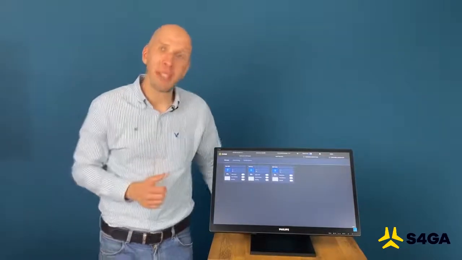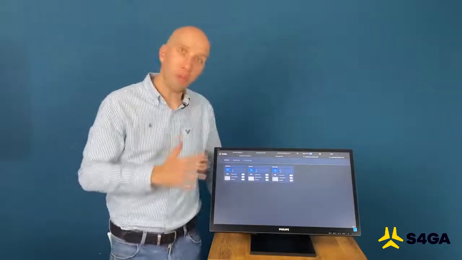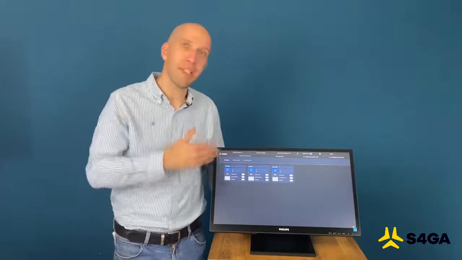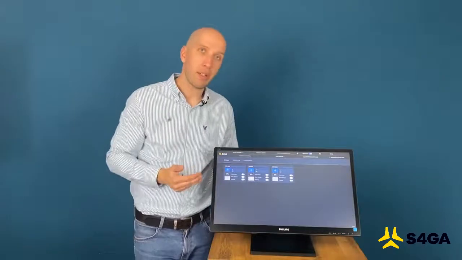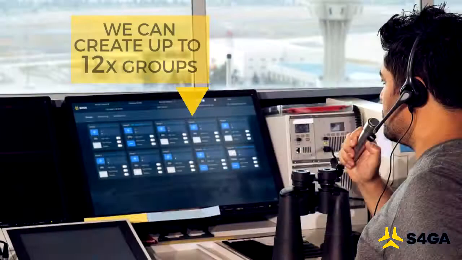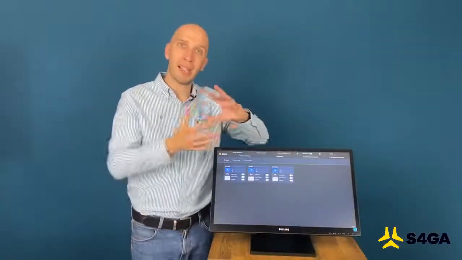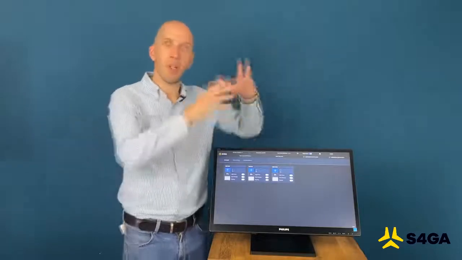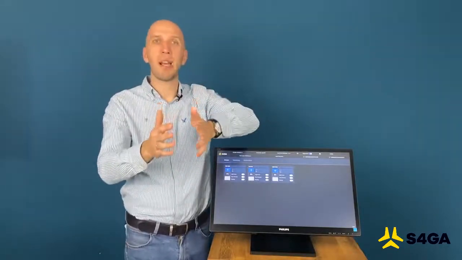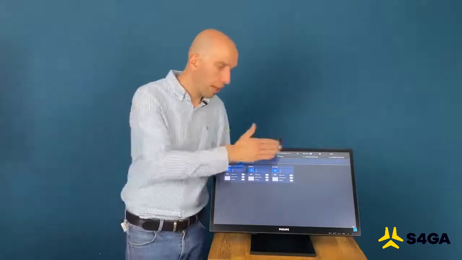Let us speak in more detail about the ALCMS control function. The control function enables us to control intensity of lights and mode of lights. We have here three different groups, and we can group the lights or equipment in the system within airport preferences. For example, runway Alpha, taxiway Bravo, PAPI, and so on and so forth.